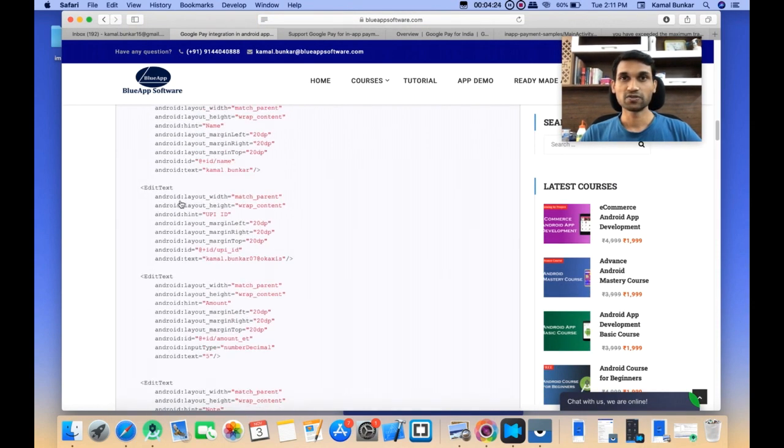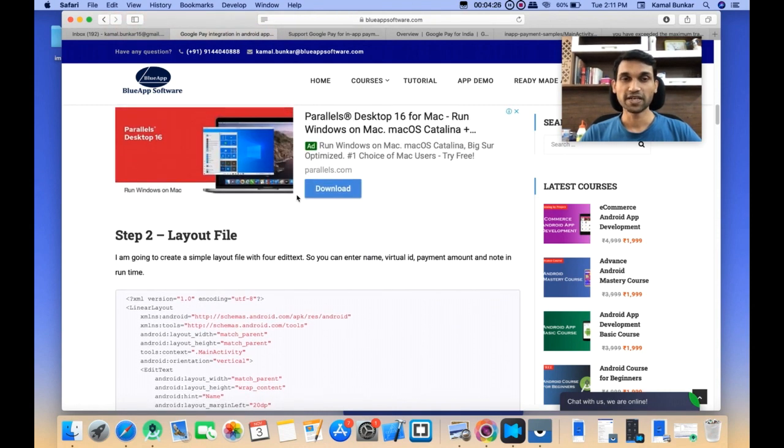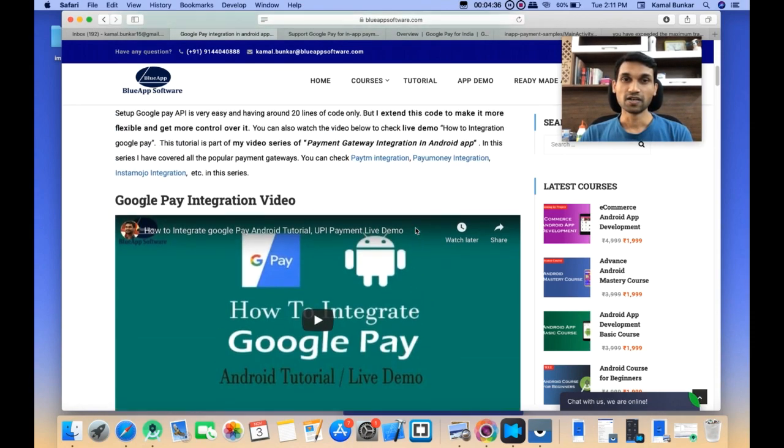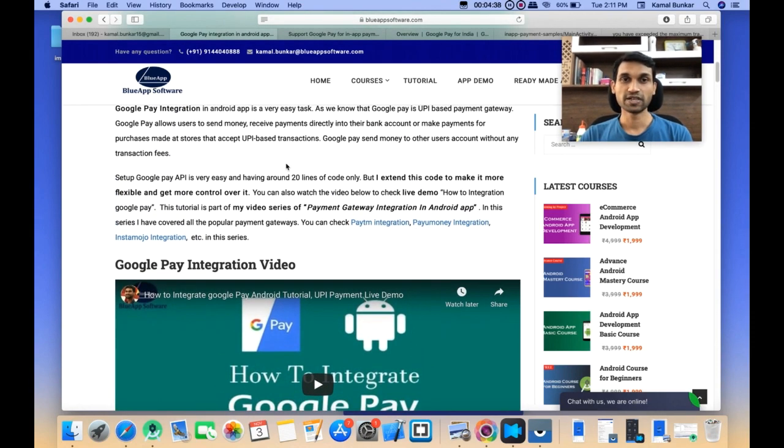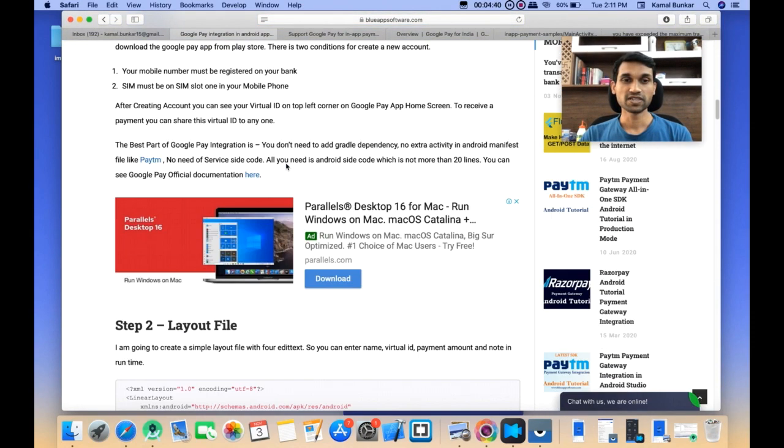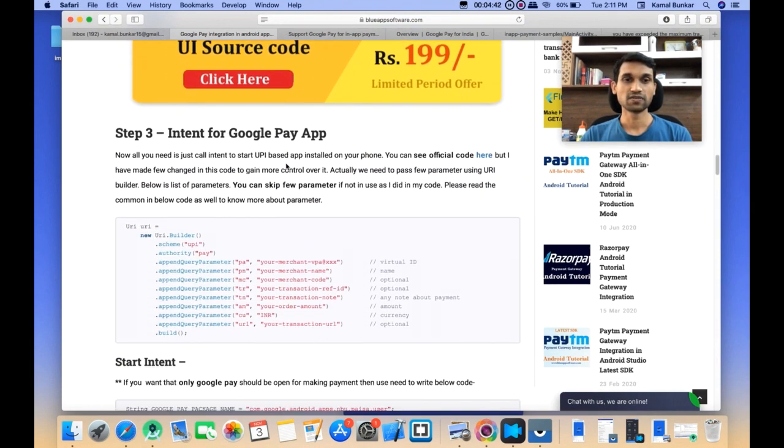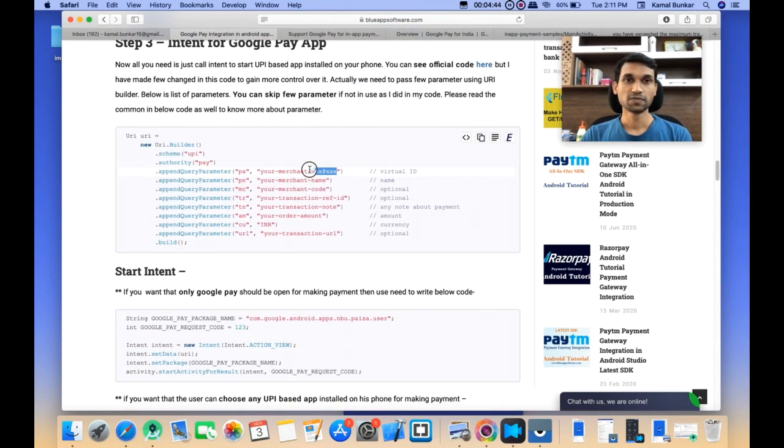Whether it is your UPI ID or your client's, ask the client to create an account in the Google Pay business app and use that new ID in this code. Just put the UPI ID of your client, or maybe yours, in the code.